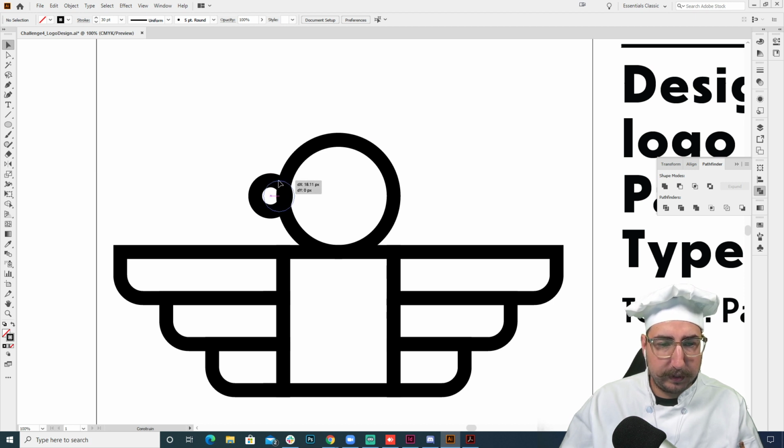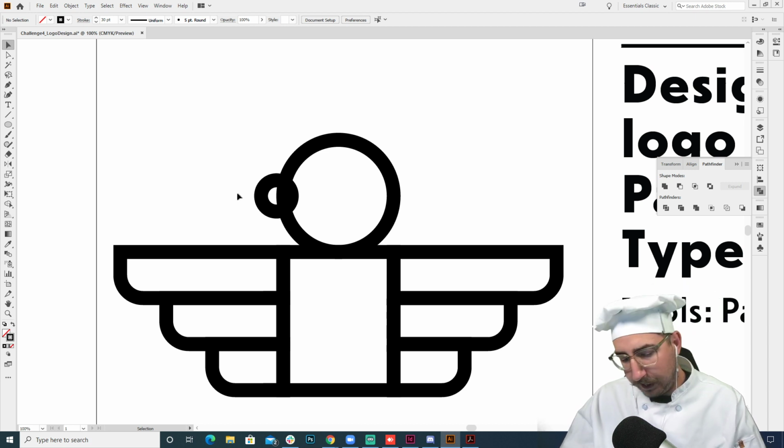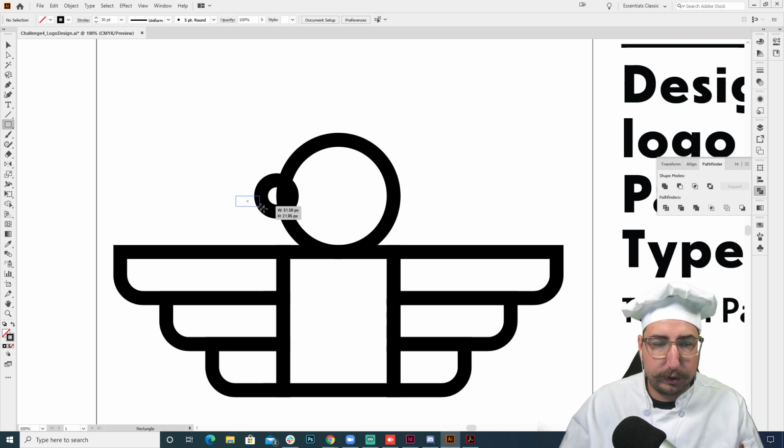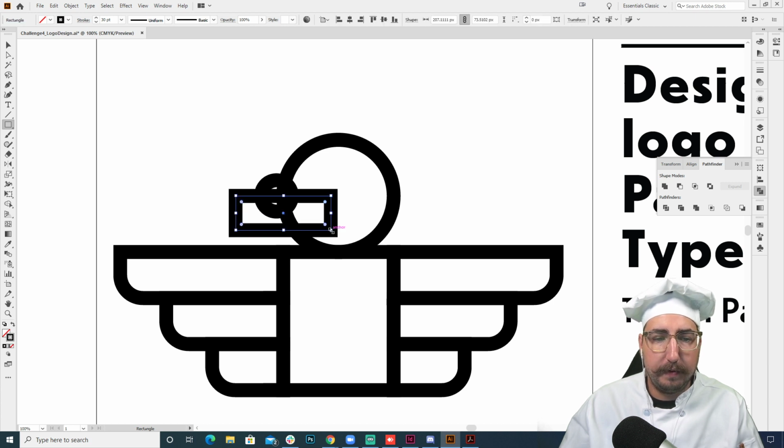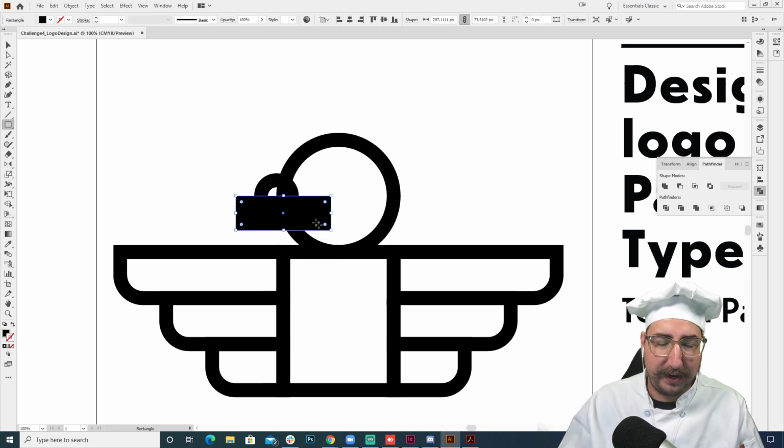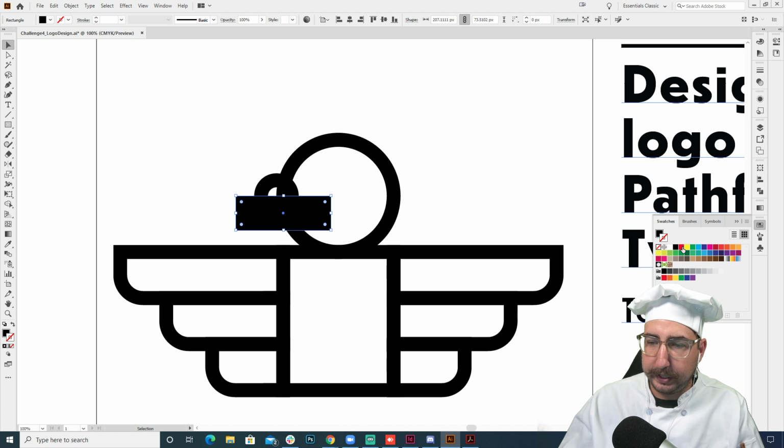So we know that we want the beak to kind of come out a little bit. There we go. And let's see. I mean, I guess that could be it for now. But I know that I want this beak to only have the top half of it, right? So what we're going to do is I'll just show you how to use the Pathfinder tool real quick.